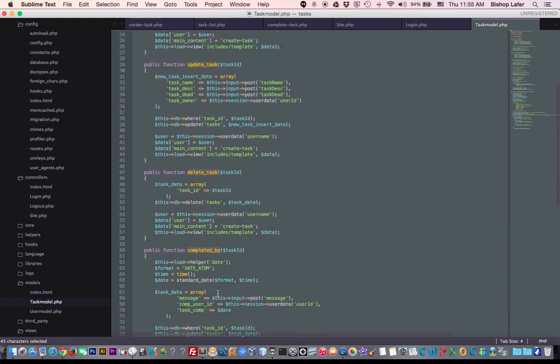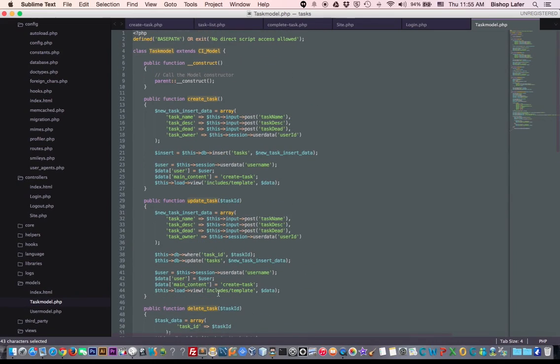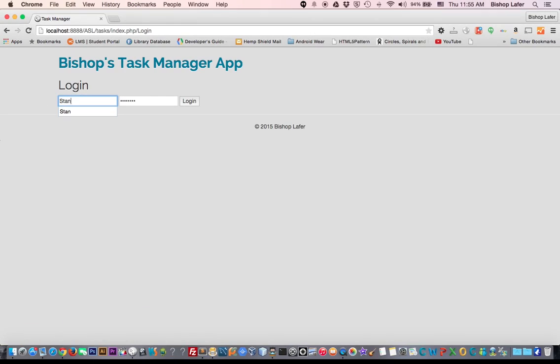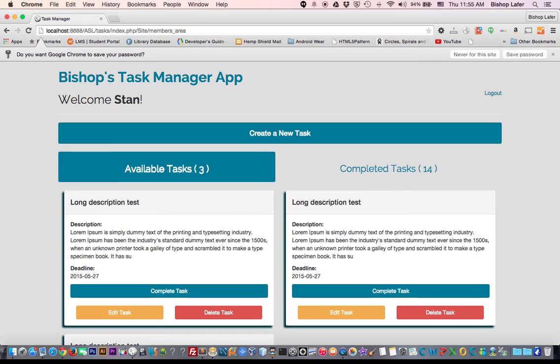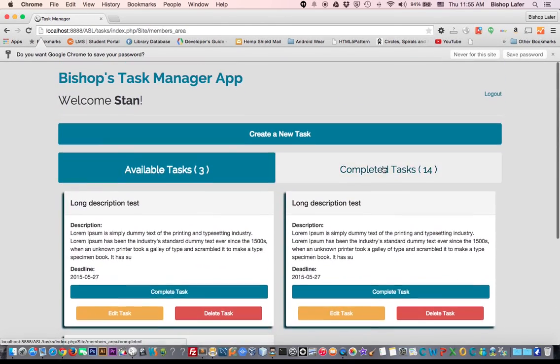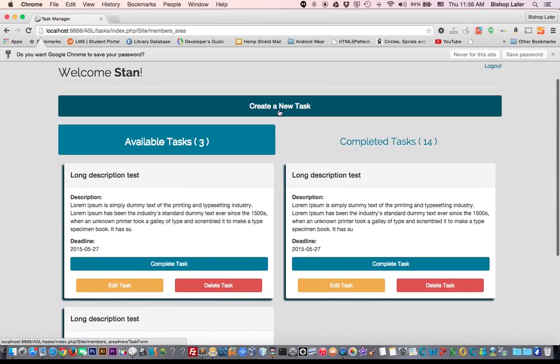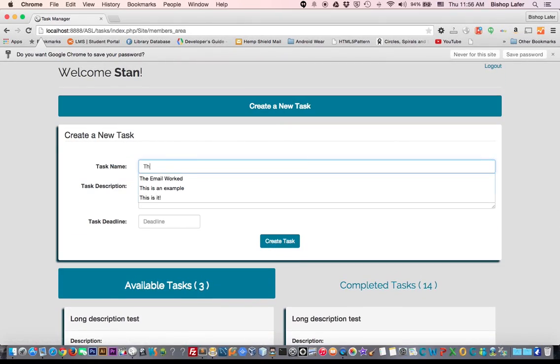And so I think that is about it for this week. Everything works, so we can stand. The grid's good. My table works. You can still add, create a task. So if I create a new task, this final submission,